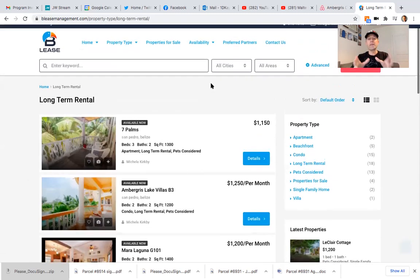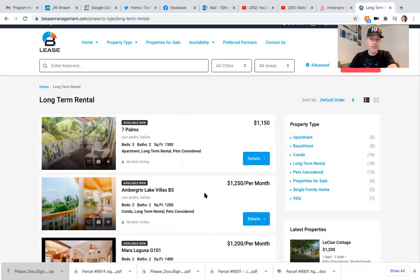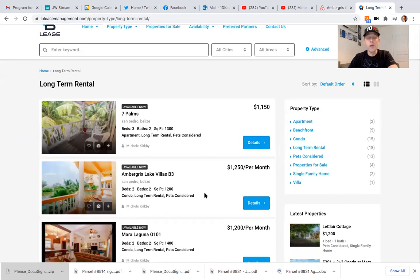Now, how do these compare with the ones you're looking at on Airbnb? Well, Airbnb most likely is going to include all of your utilities, free Wi-Fi, all of that kind of stuff. It's just turnkey, just like you're renting a hotel room or a home by the night, right? As you would expect. With a long-term rental, these prices oftentimes do not include water, utilities, electric, cable, because these